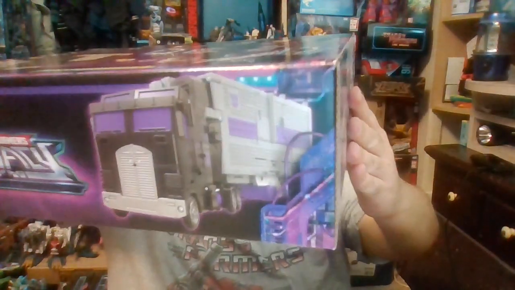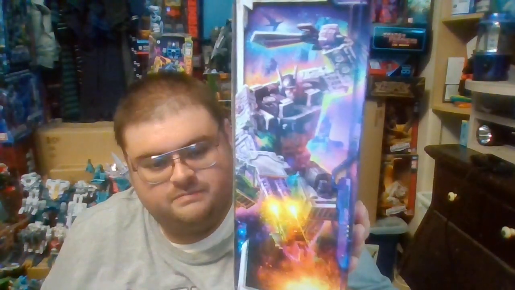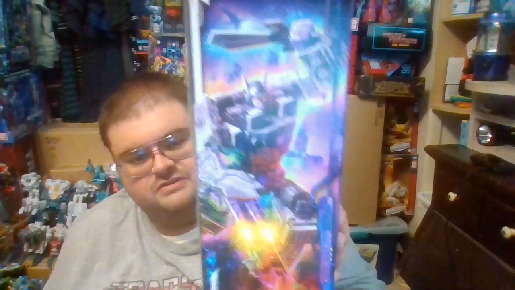So on the top of the box, you got the Legacy Year 1 photo logo. You got Motormaster in his alt mode of a semi-truck. Coming out here to the side of the box, you've got some box art of Menasor, I was about to say with all the Stunticons combined, but no, it's without the Stunticons combined. If you look closely at his arms, Dragstrip and Wildrider are missing,